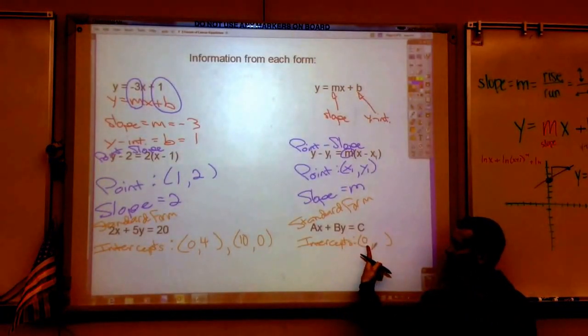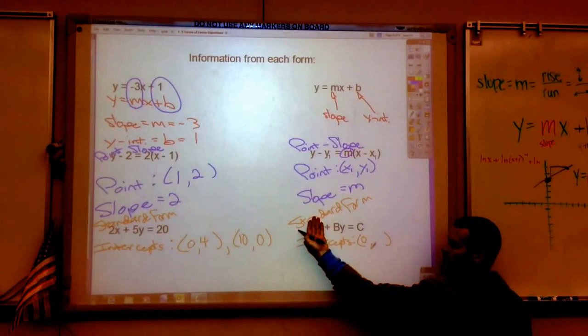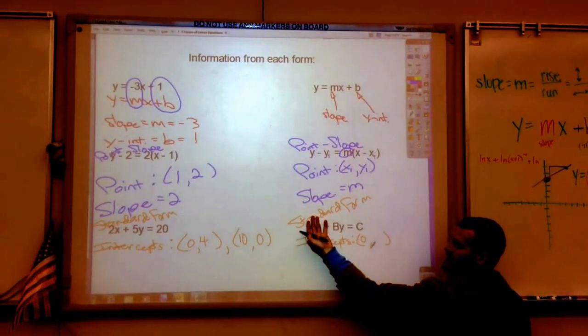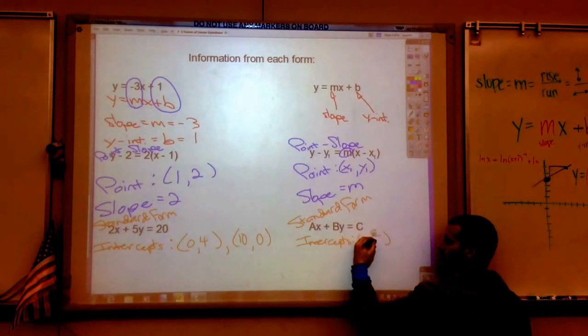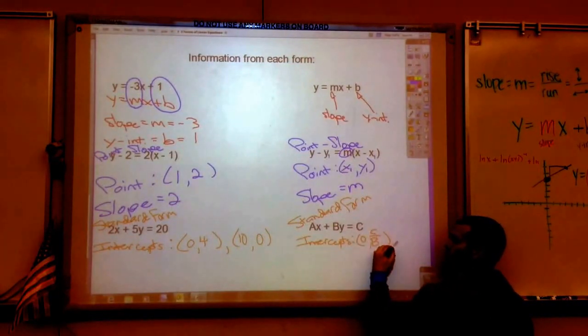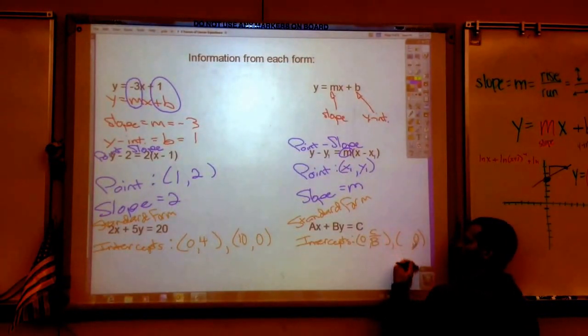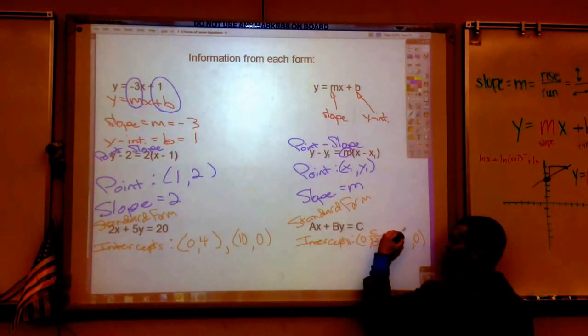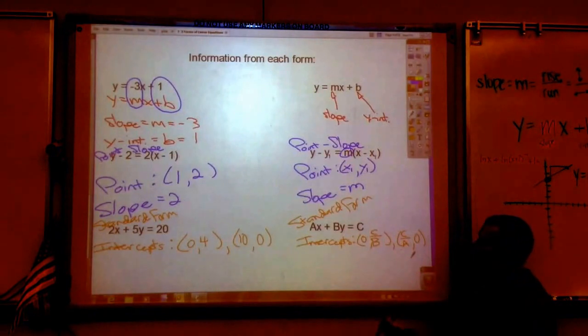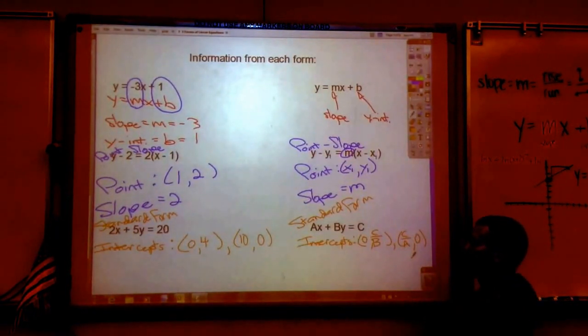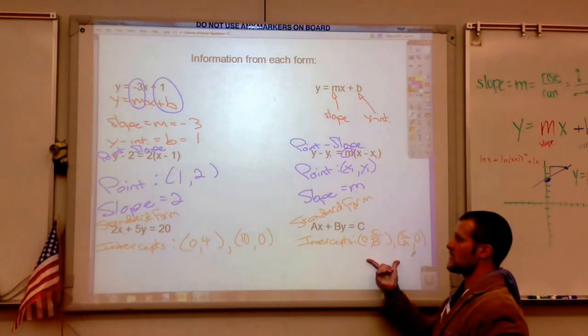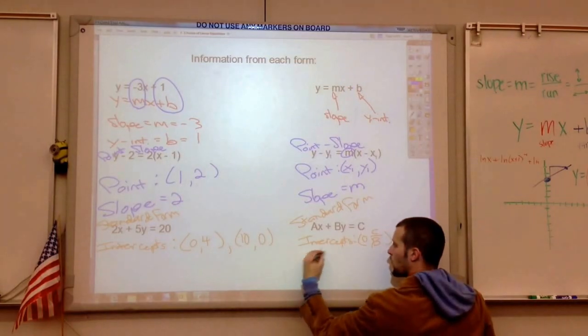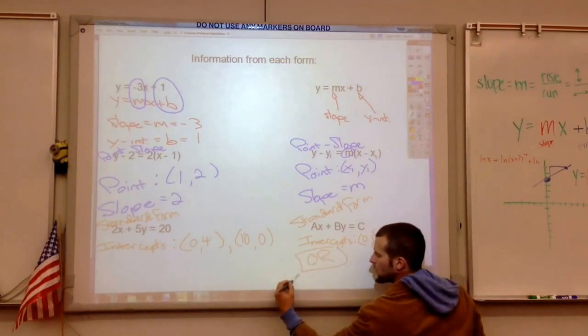But if I plug in 0 for x, this goes away, and I have to divide to solve for y, so I get c divided by b. Then plug in 0 for y, this disappears, and I get c divided by a, which is quite easy. The only other option you have with standard form, or, you can get y alone,